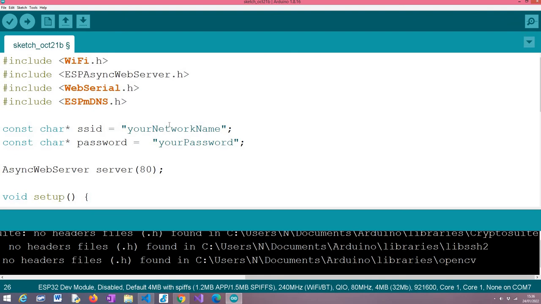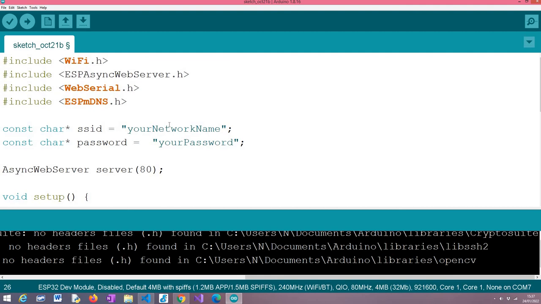I also mentioned that one of the possible solutions would be using mDNS to perform the resolution of a name into an IP address, and in that way we just needed to know a fixed name that we define, and we don't care what is the IP address that is assigned to the ESP32. We just need to type that address. It will be resolved for us under the hood, and we'll be able to reach the WebSerial interface. And so in this tutorial, I'm going to cover connecting mDNS and WebSerial, but before that